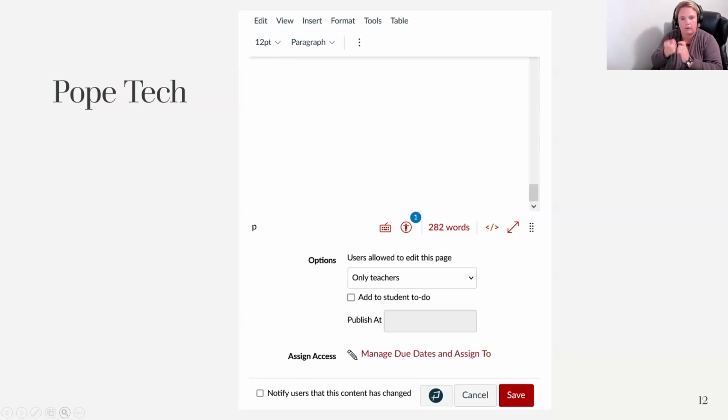and changes as appropriate. Now, not only does it give you an overview of your course, there's a My Dashboard. When you click on My Dashboard, that's all of your courses. So you can get an overview of any issues that have been detected in all of your courses. And when you click on one of those, it'll take you directly to that page or that item in that course, and you're able to just make those changes there.